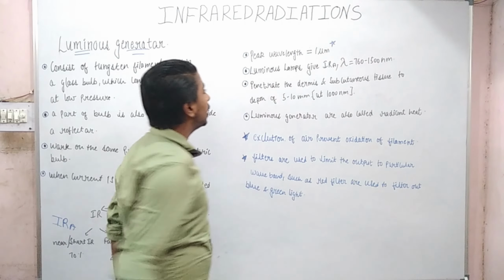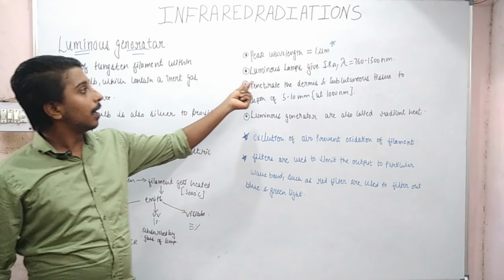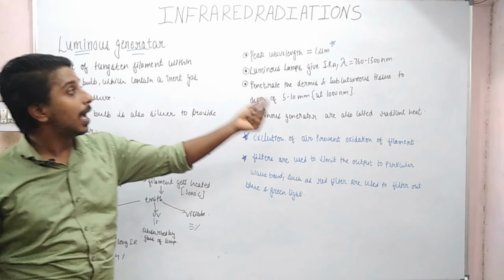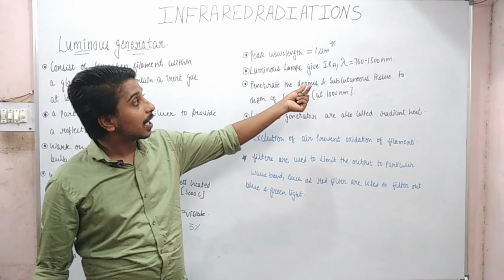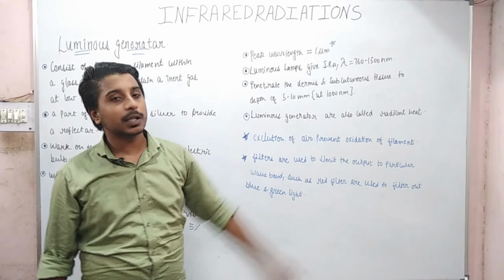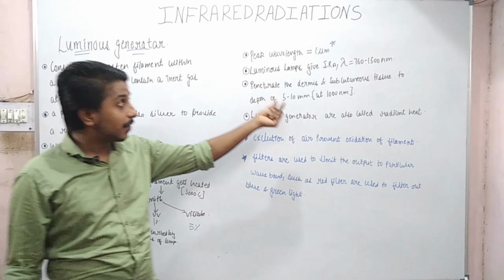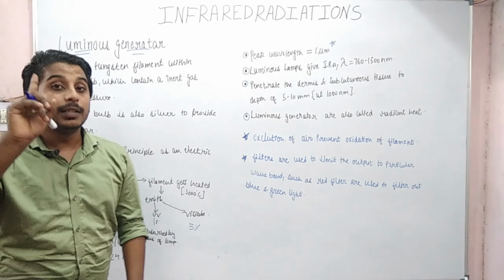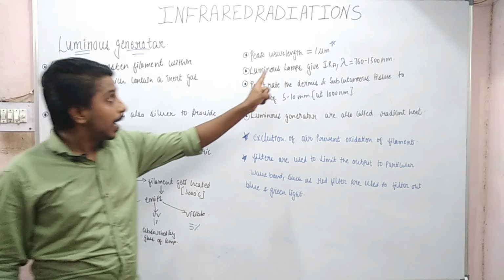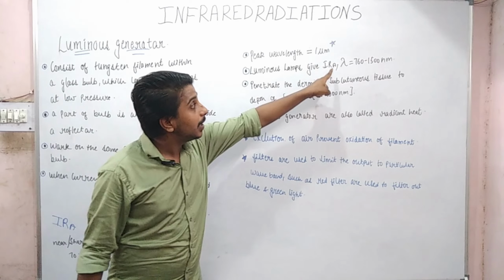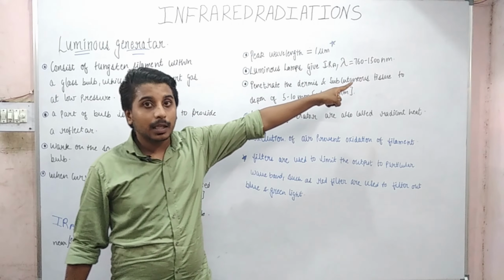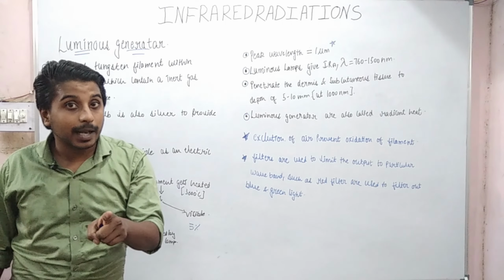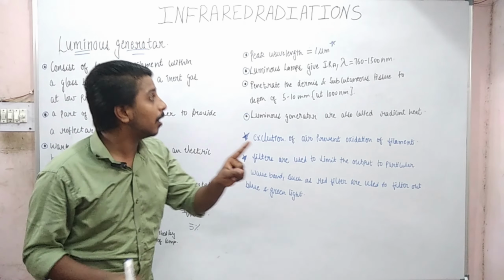You can just read it. And the luminous lamp gives IRA. Okay, it is also written that the luminous lamp gives IRA, which has the wavelength 760 nanometer to 1500 nanometer. Now there is one value for you. The luminous lamp gives IRA at this wavelength, and from this whole 760 to 1500 nanometer, when we use 1000